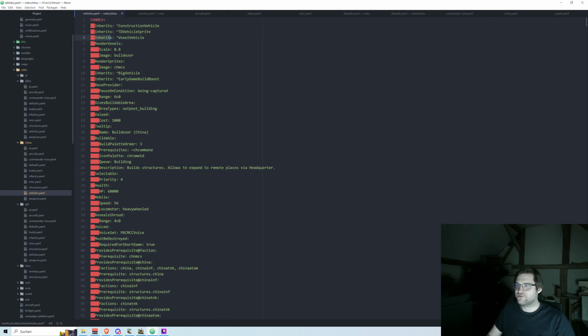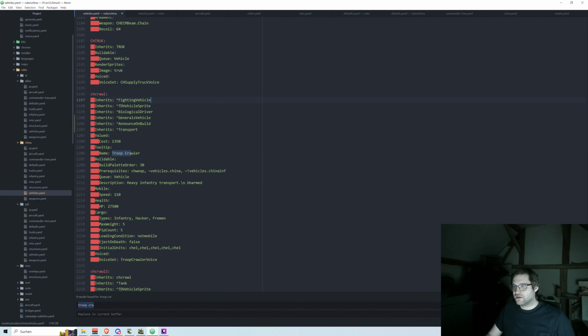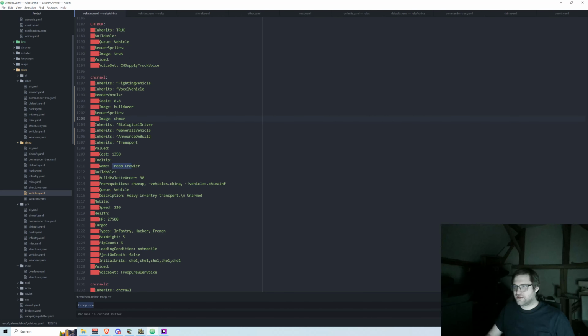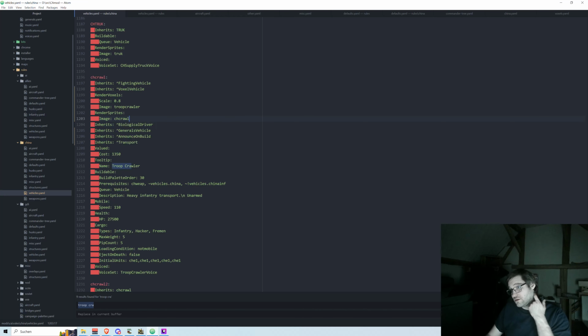Here it inherits from voxel vehicle. Here we have the render voxel with a scale and an image, and also we copy over this render sprites here. So let's go back down to our troop crawler, and then we just copy over this stuff. So very easy for this part. Of course, that's not going to work like that. First of all, image bulldozer makes no sense. Here we should add troop crawler, and render sprites we should also add, I guess this is this one here,